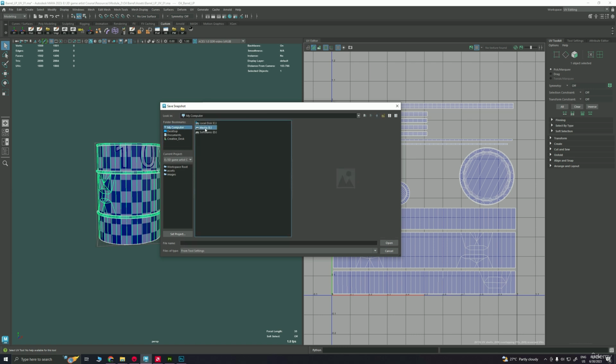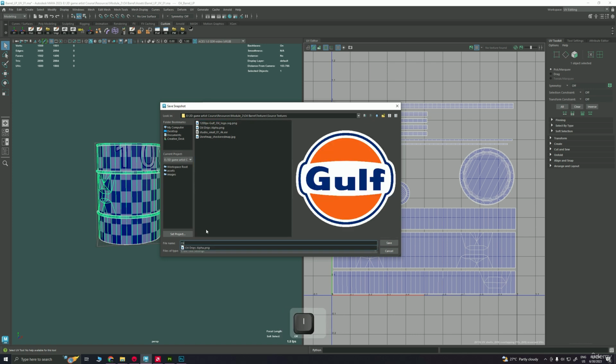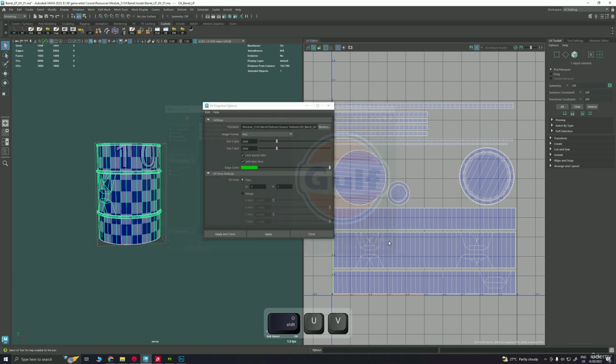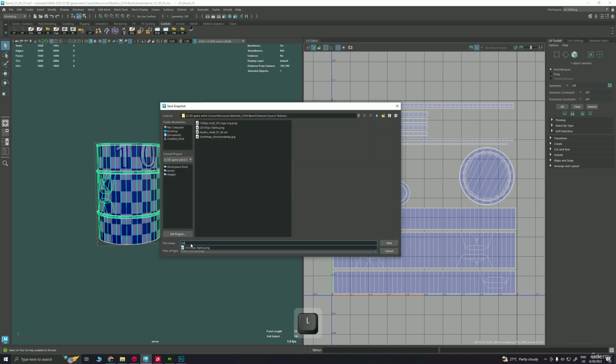So let's go into this resources module, oil barrel, textures, source textures. Let's name it oil barrel UV, and click on save. Oil barrel UVs. Okay,